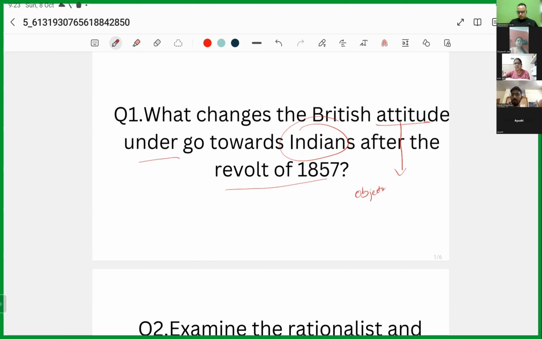Objectives of the Britishers. Okay, first thing, this revolt that is going on, kill it, I will say. Then to do the same, one section with support, again with not support. These two parts you have to analyze. Now in terms of what is actually the attitude of the Britishers? Political attitude. What changes in the political attitude?